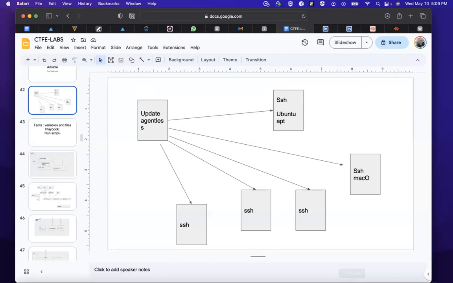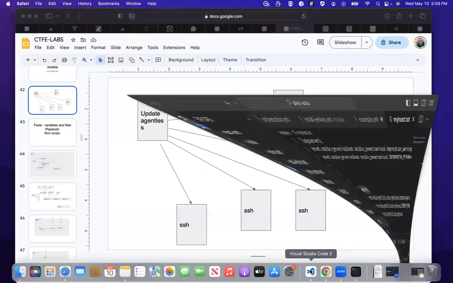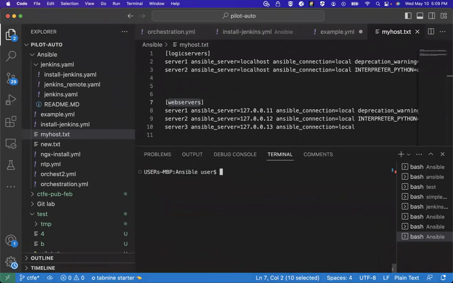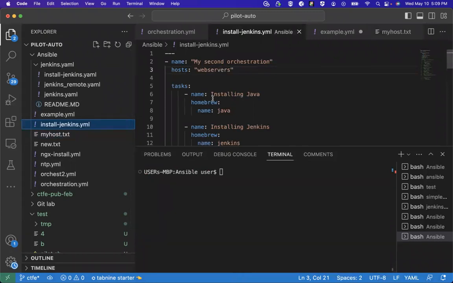So, for example, look at this similar playbook that I was building. You see this playbook, clear? This playbook is just a simple playbook to install a Jenkins server. You can see the name of the playbook is this. The host is the server that it is going to be working on.